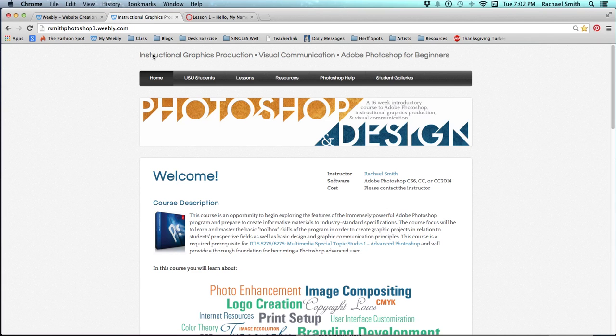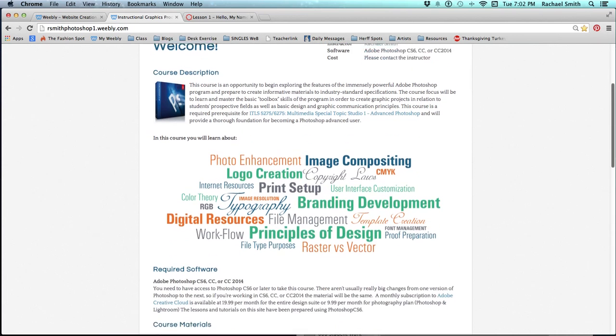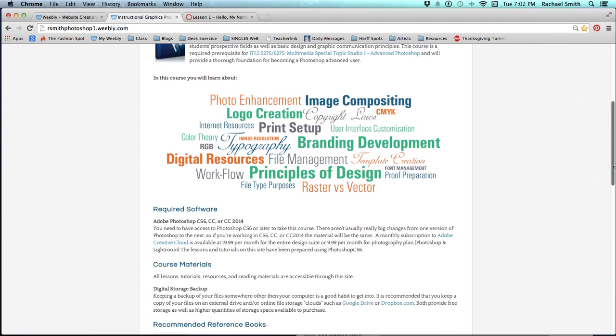So here's the website. It's rsmithphotoshop1.weebly.com, which you should already be on. And I'm just going to go through the basic pages and tell you where stuff is. On our home page, you have a navigation bar up at the top. Each one of these is a button in its own right, and if there are subcategories beneath it, they'll show up down here. The things that you'll be learning in this course are listed quite briefly, and it goes over